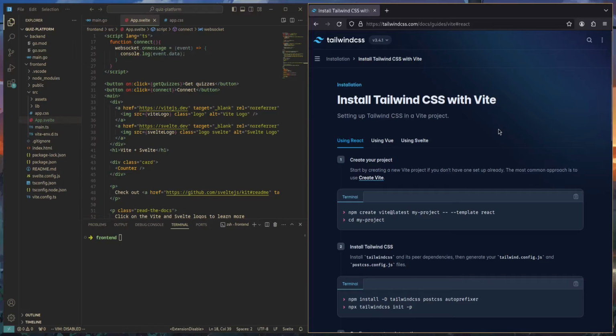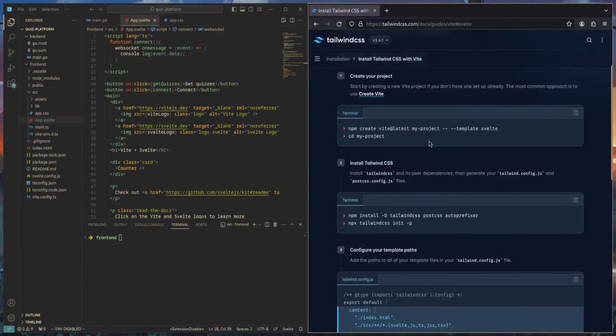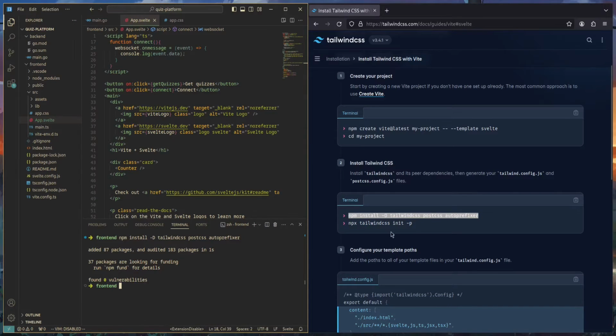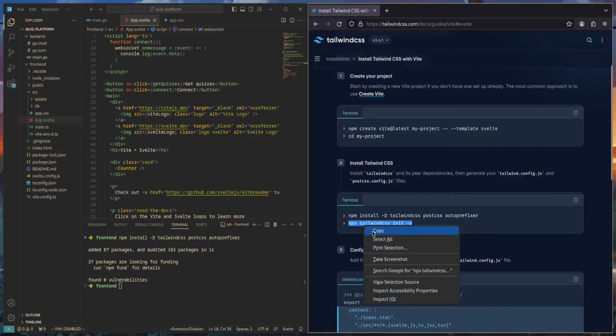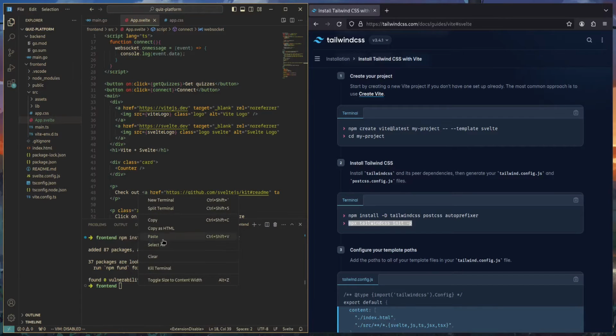Tailwind CSS actually has a really nice documentation which we can follow here. So we're going to install Tailwind CSS with Vite, and we are using Svelte, of course. So let's start out by installing the required dependencies, the required npm packages, and there we go, we got them installed. And then we're going to run this command, npx tailwindcss init, and what this will do is actually